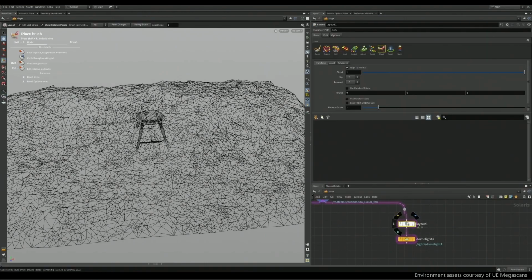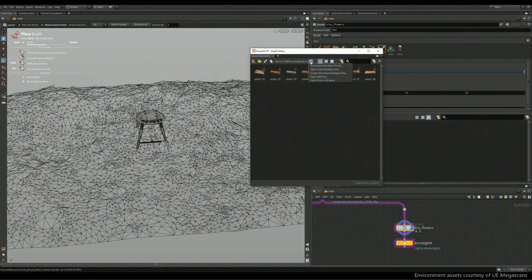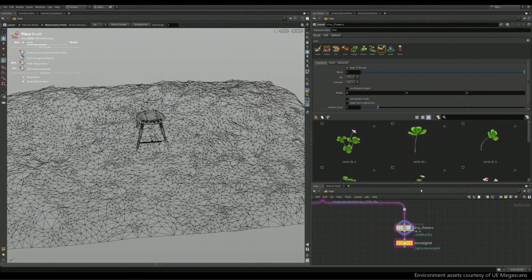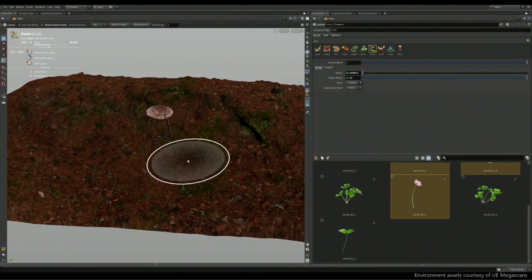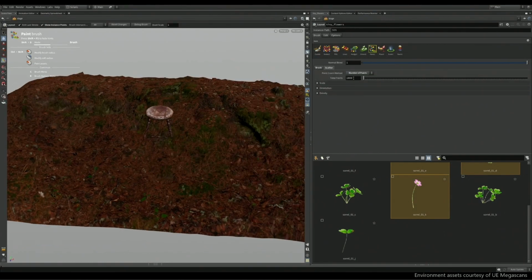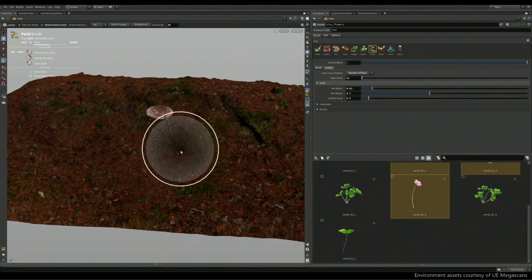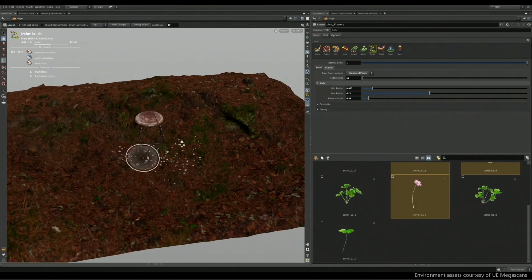Another thing that's happened in 19.5 is that we've had further performance improvements to our brush tools. We've also added some new brush tools that are different from those in 19.0.